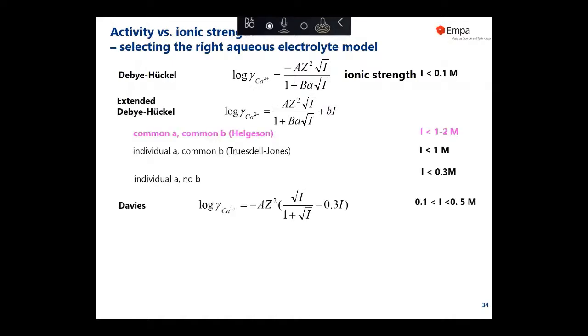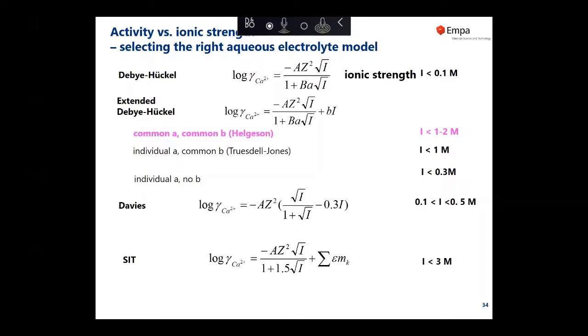Good. And just a bit more of theory. There's a number of different models you can find in literature. One is called Debye-Hückel, the one which is applicable at low ionic strengths, so it's not good for us. But there's an extended Debye-Hückel where I is for ionic strength and the rest is some parameters. And there's one from Helgeson, the one we've seen before, which is thought to be applicable below 1 to 2